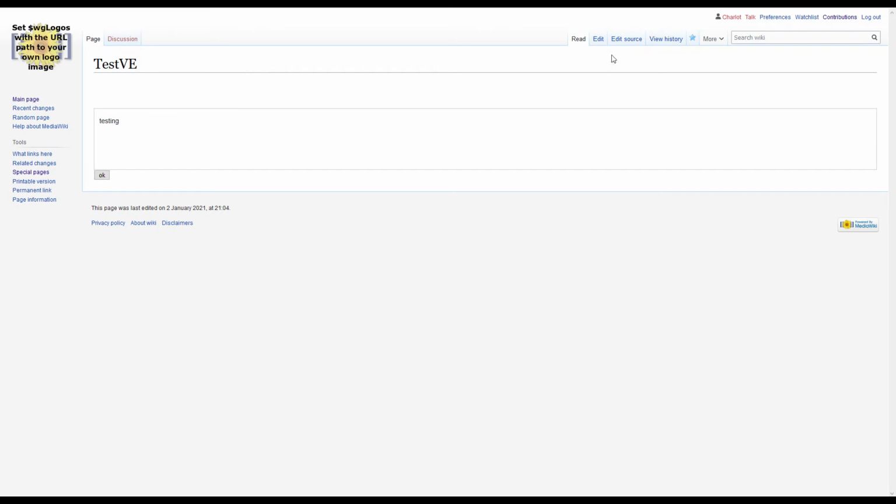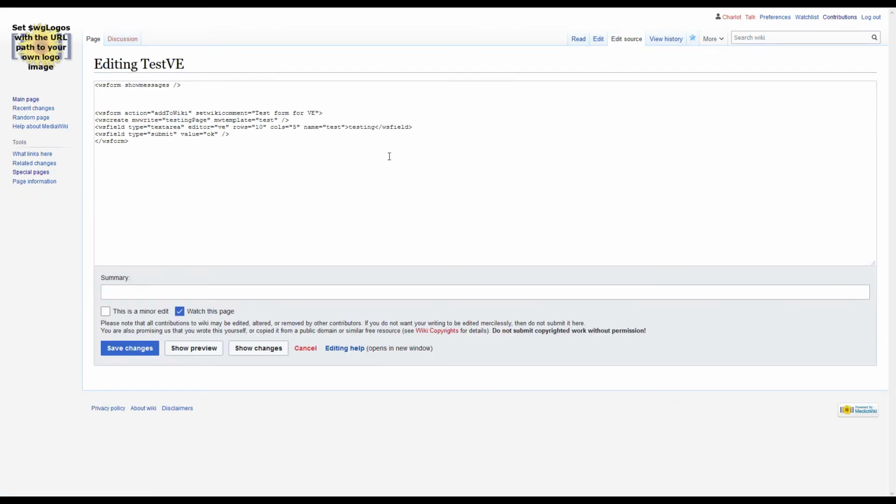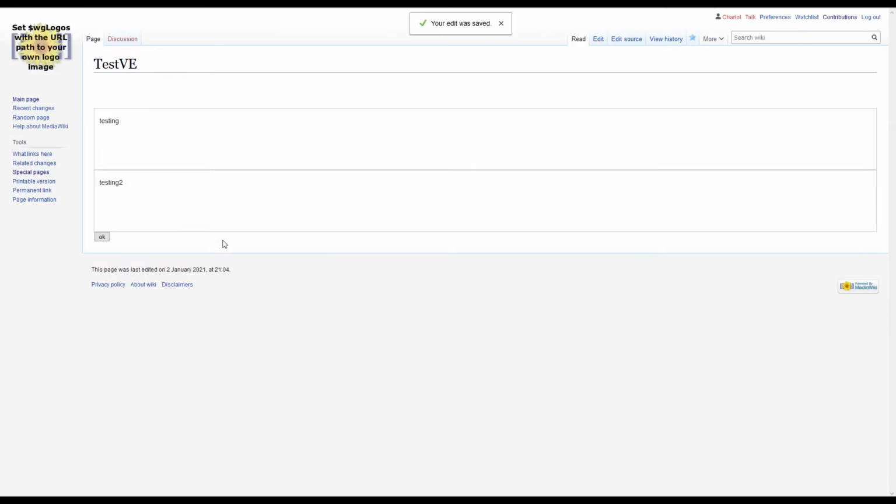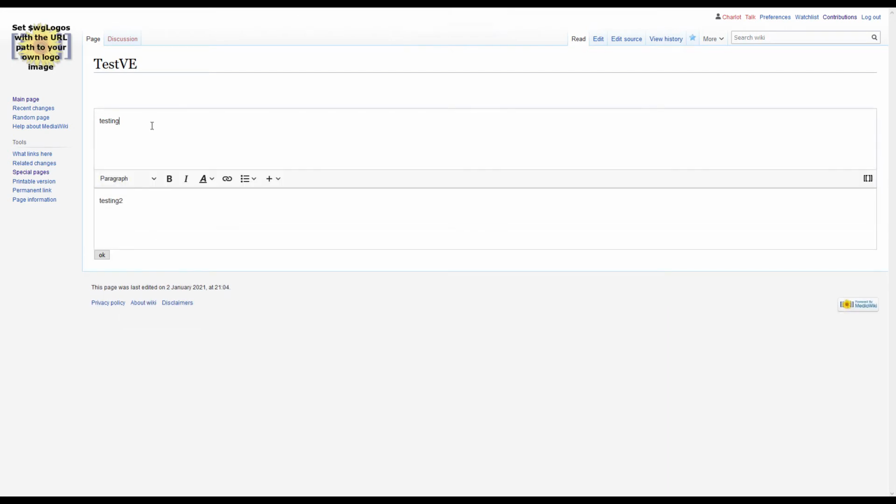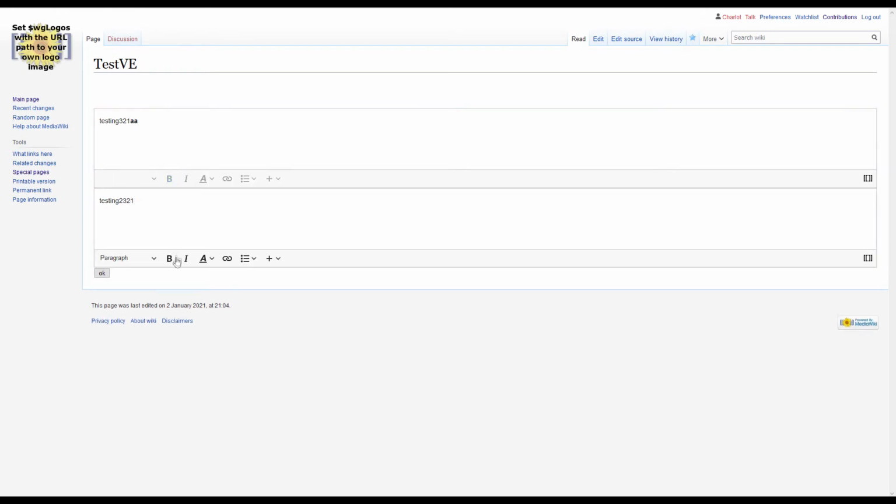Now the funny thing is that you can do nice stuff with this. You could actually say, well, I don't want one editor, I want 2 editors. And there you go, you got 2 editors. So testing 3 2 1 AA and testing 3 2 1 and on bold BB. Okay,